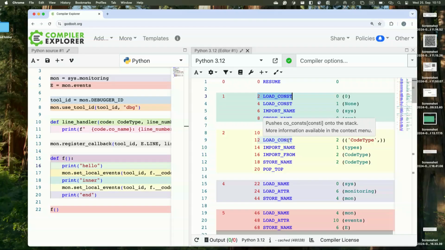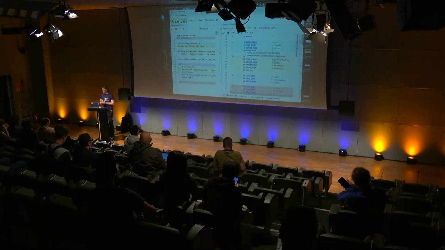Yeah. So I guess that was the preliminary to the question. My question actually is, if you register an event and then remove it, do you modify the bytecode twice? If you register and then remove it, that's fine. But it's only when you set the events that you modify.